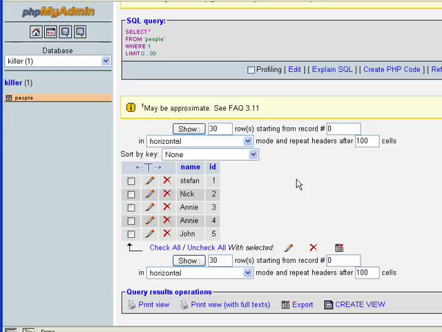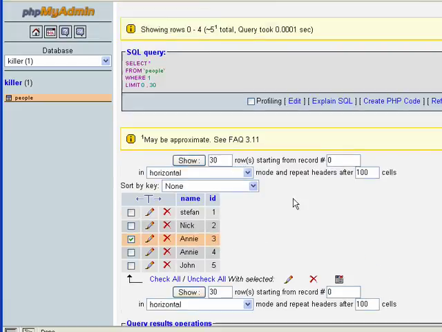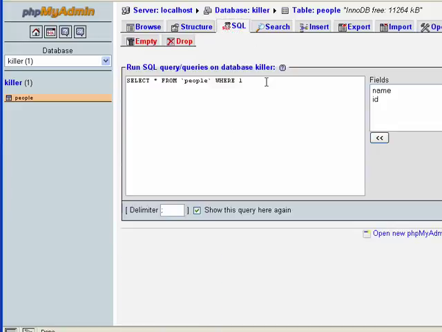The uniqueness of each record is identified by this ID field, right? You see Annie is identical, and that's allowed to happen. But you notice these numbers are not. They're all different. For instance, I'll show you something. See, we have a 3 already, right? An ID. I'm going to explicitly try to enter a record with 3, and you're going to see we're going to get an error. So we go back to SQL,